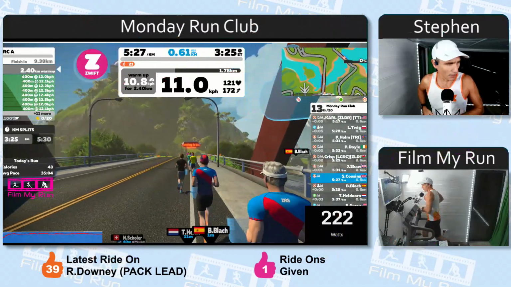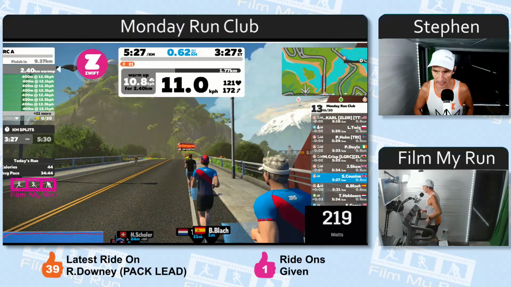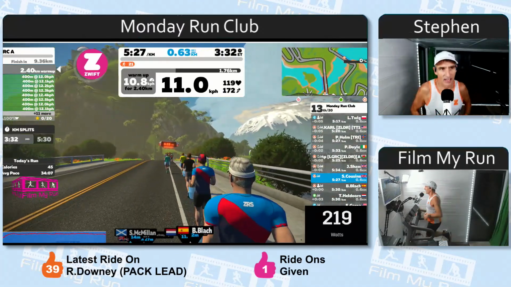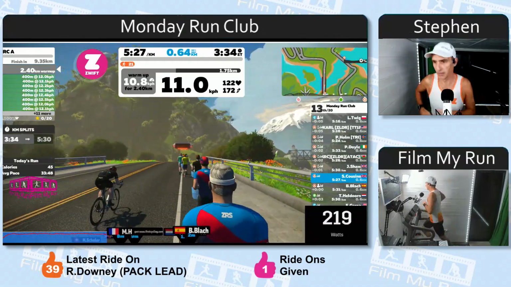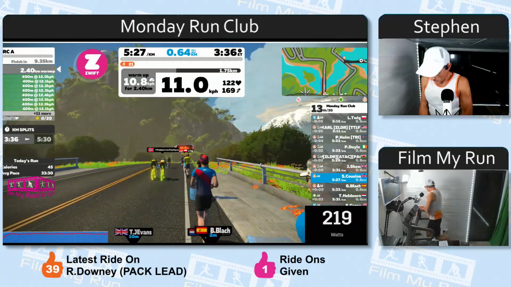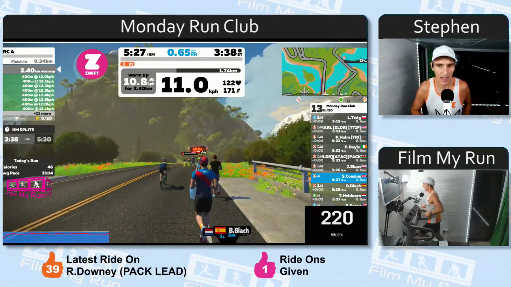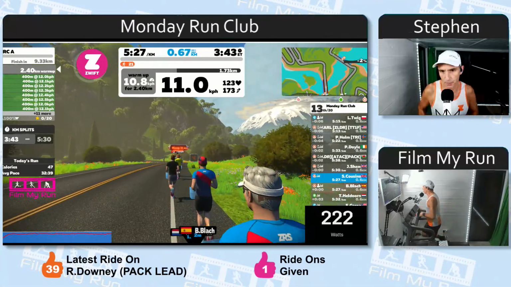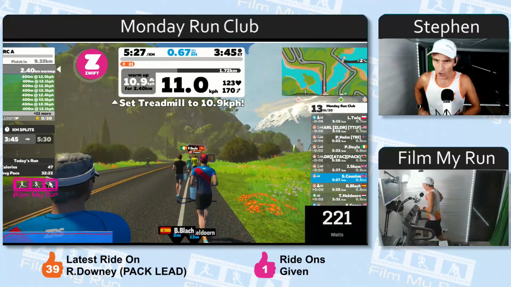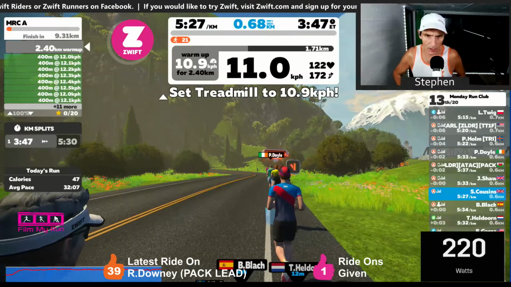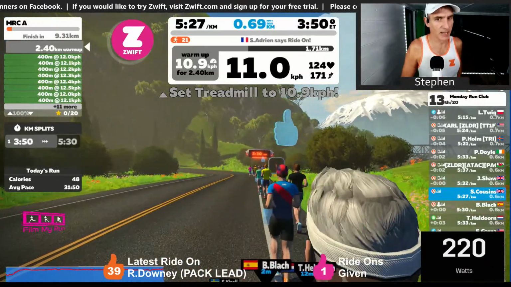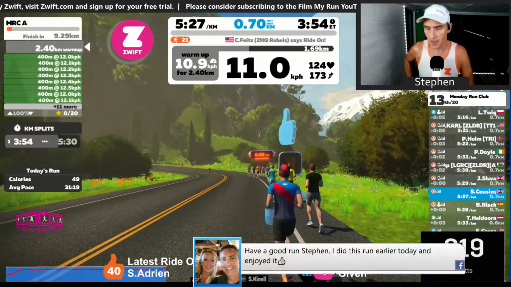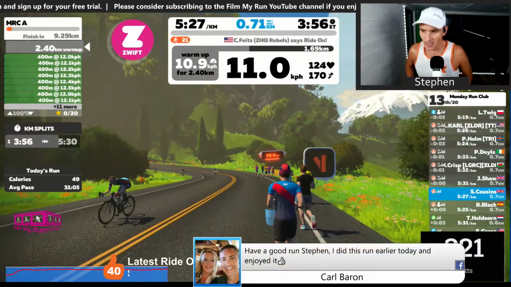Ryan will be running this step-by-step beginners group a little bit later on. Well, I say a little bit later, in about 10 minutes actually. So if you're a beginner runner, that's the group to join. Or if you're an experienced runner and you want to put a bit of incline on, do a nice slow run with incline, go and join Ryan's step-by-step beginners group in 10 minutes time.